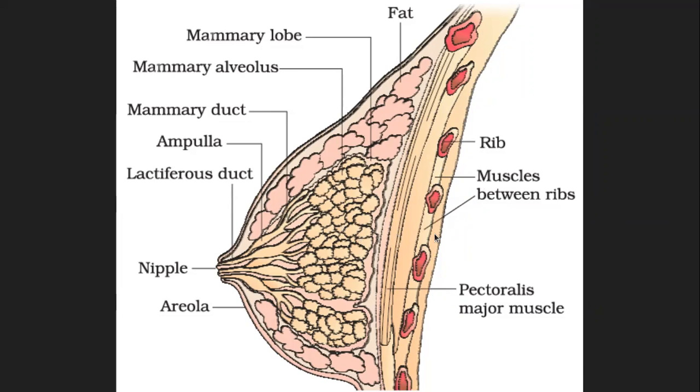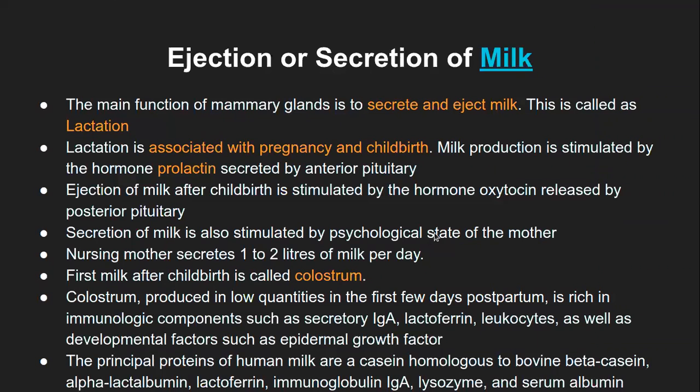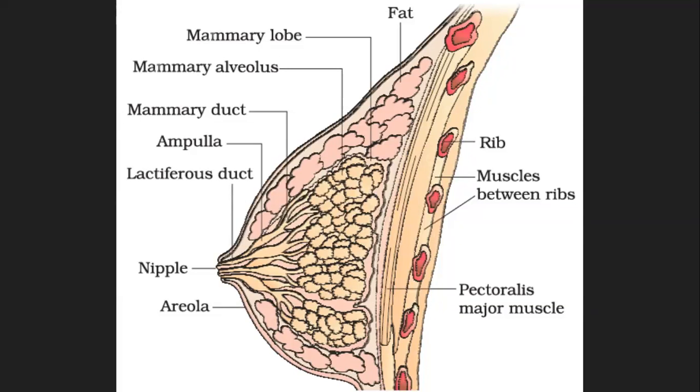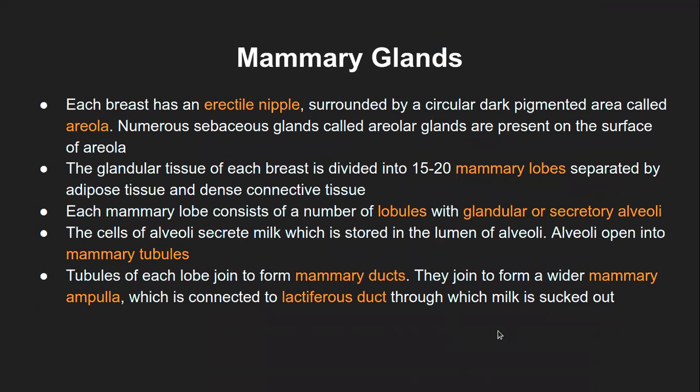Any questions on mammary glands? Could you go back to the previous slide? This one? Yeah. Will each compartment have a separate lactiferous duct, or will there be one common lactiferous duct? There will be one common at the end. The lactiferous ducts will join together at the end, so there will be many of them that join. Yeah, you can say so. Okay.